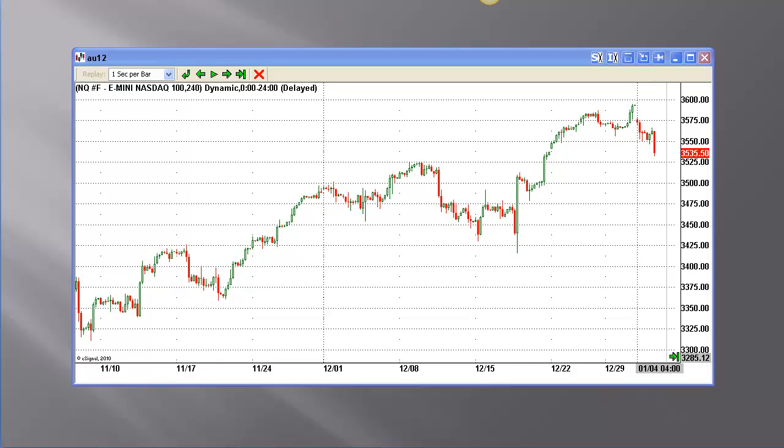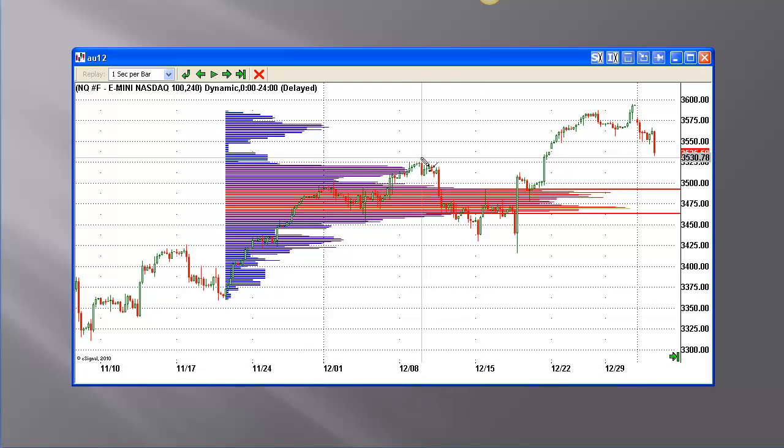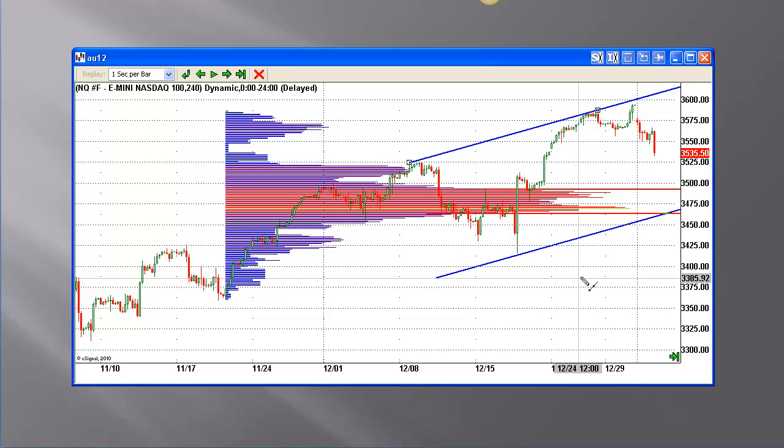Here's the NASDAQ chart that we looked at earlier. If I apply a volume at price profile to this chart, you can see the area of high volume. This is a primary method of finding support and resistance. Then we can move on to trend channeling,